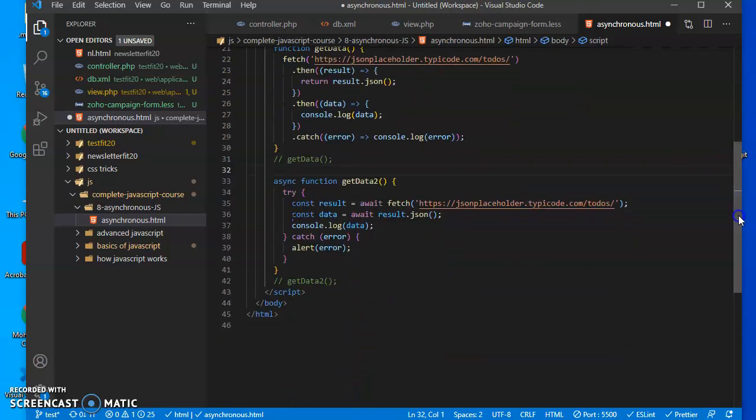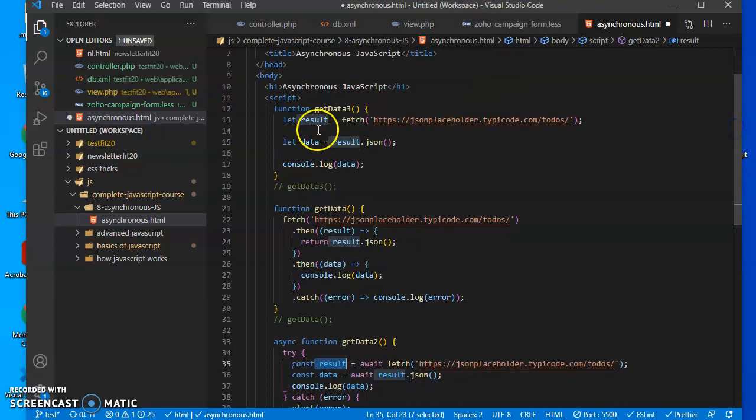The same concept, but a different syntax. So first you need the async word before the function, and you need to put your code inside a try and catch block. So you're telling JavaScript to try this, and if something goes wrong, to catch the error and do whatever. So here we're fetching also, but before fetching we say await. So this is the result, same as the first function, if you remember. This is the first example,